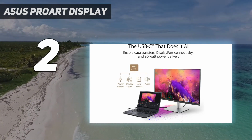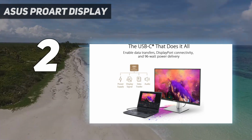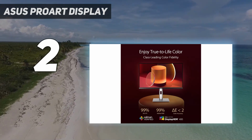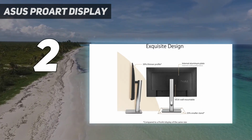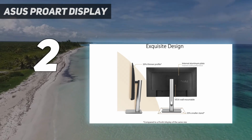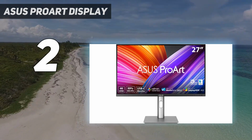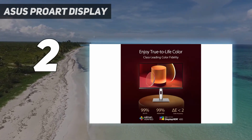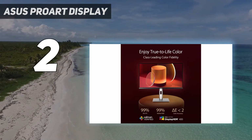That said, it still has 3 USB-A ports and 2 USB-C ports, and because one of them supports DisplayPort Alt mode, you can easily connect to a compatible laptop. It also has a DisplayPort output for daisy chaining. Besides those differences, it has everything you'd want in a vertical monitor, like a versatile stand that allows you to adjust the screen into portrait